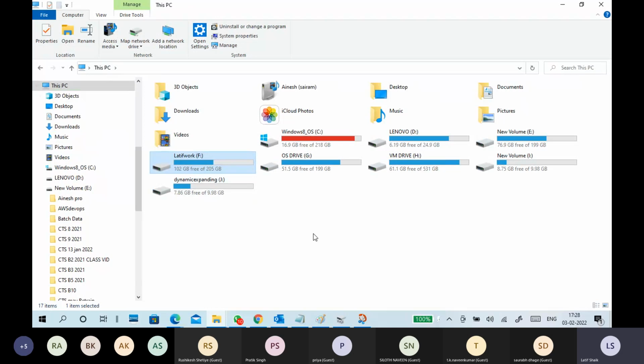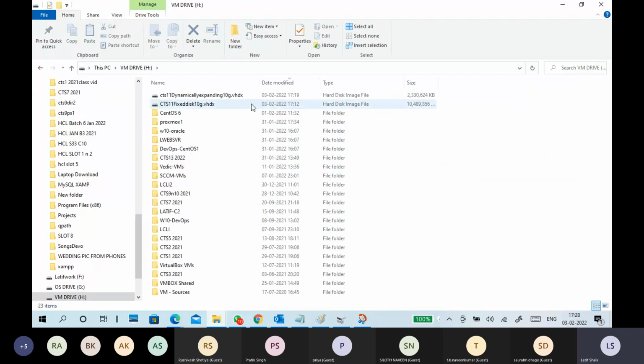So then I got a space where it is occupied in the drive only, but it is not that one, right? These things are virtual hard disks. What is a virtual hard disk? It is a file in the physical location. It occupies space in the physical location. Which physical location? Where you created it, that is the physical location. So in this location, it is occupied.